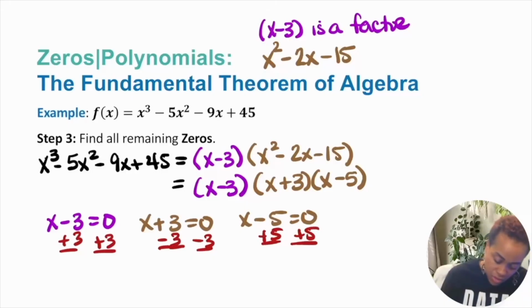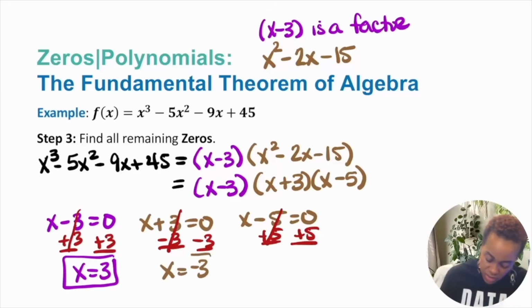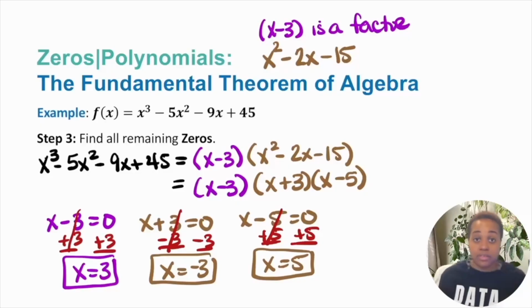Okay, so I'm doing all of them at the same time. So we have x equals 3 is a 0. We have x equals negative 3. And we have x equals 5. Cool beans? Okay, cool beans. So we found the 3